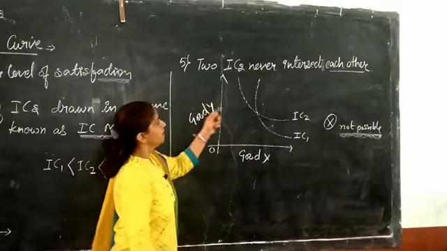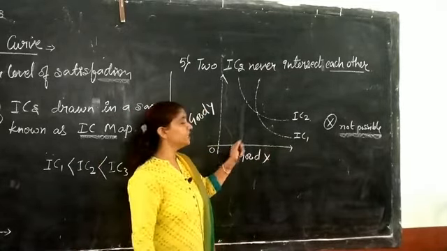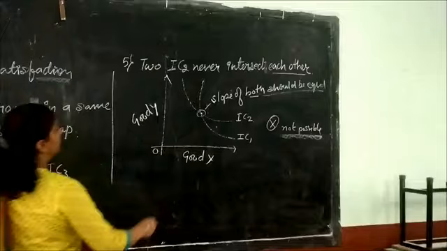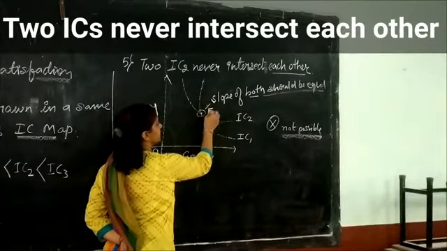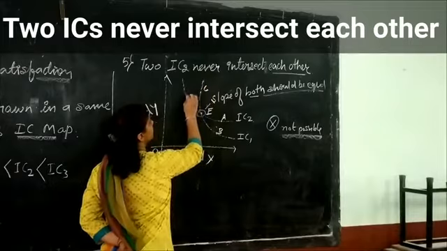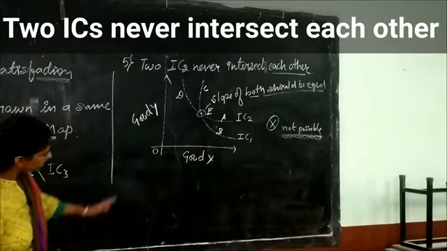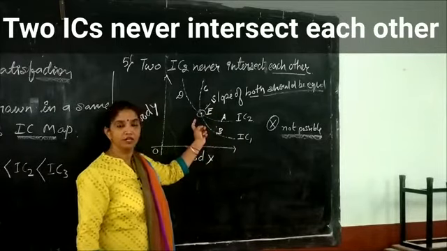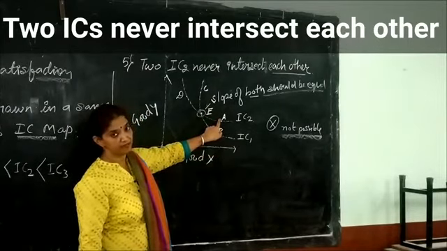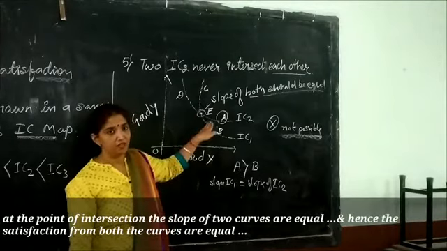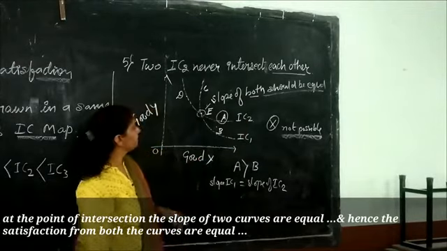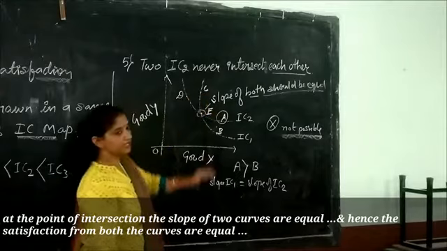If two indifference curves intersect each other, in that condition we can say that at the point of intersection, this is the point of intersection, this intersection point is E. This point is A, this is B. Assume that this is C and this is D. From the right of the point of intersection, point A and point B. Point A is giving a higher level of satisfaction than point B. Same level of satisfaction is obtained from X and Y for both the curves IC1 and IC2, it is similar. And at point D and C,